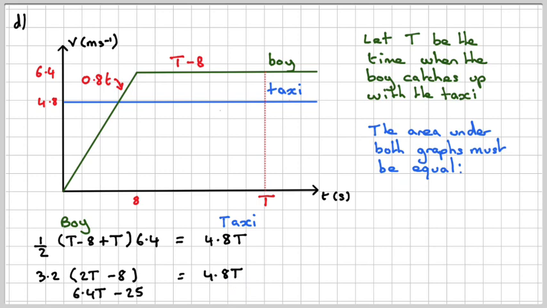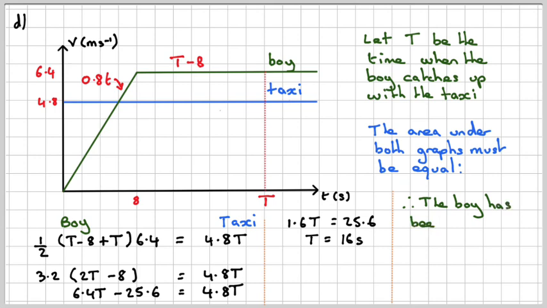So expanding the bracket, 6.4T minus 25.6 is equal to 4.8T. That gives me 1.6T is equal to 25.6. It gives me that T will be 16 seconds. So in order to find the distance travelled, we'll just use the taxi one, because it's easier. We'll just do 4.8 times 16, because they're both at the same point at that time. So the boy has been running 4.8 times 16, which is